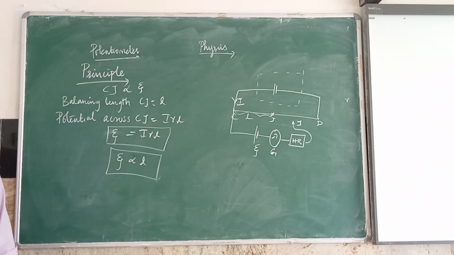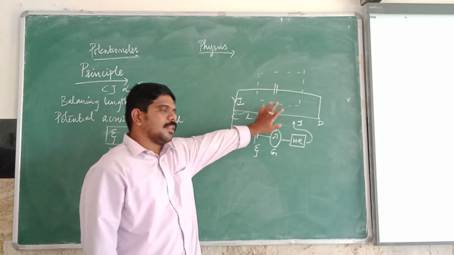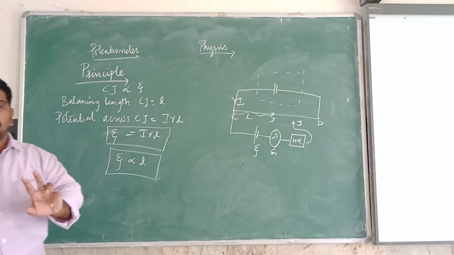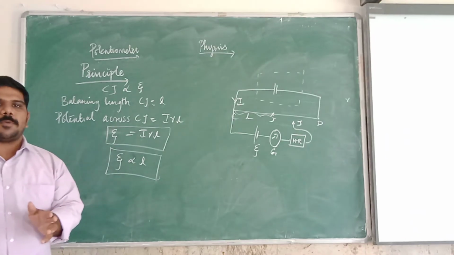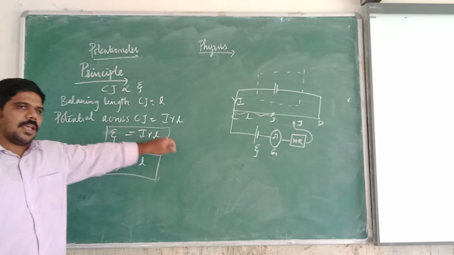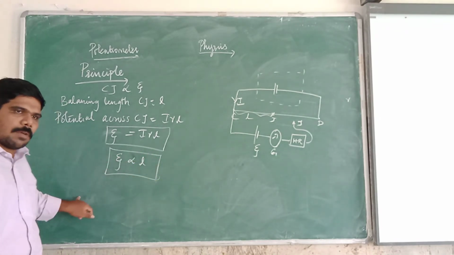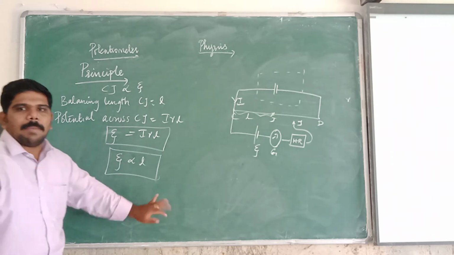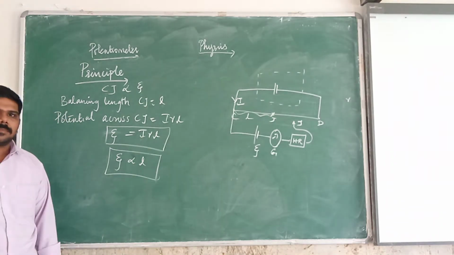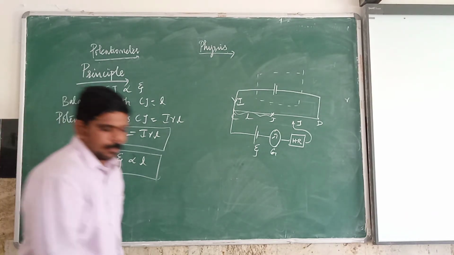Okay. From this, if the question is a 3-mark question, state the principle of potentiometer, then you have to draw the figure and explain things. If the question is a 2-mark question, then you only have to write psi is equal to I R into L. I and R will be constant. So psi is proportional to L. So the EMF of the cell will be directly proportional to the balancing length of a potentiometer. Clear guys? Done. Second question.